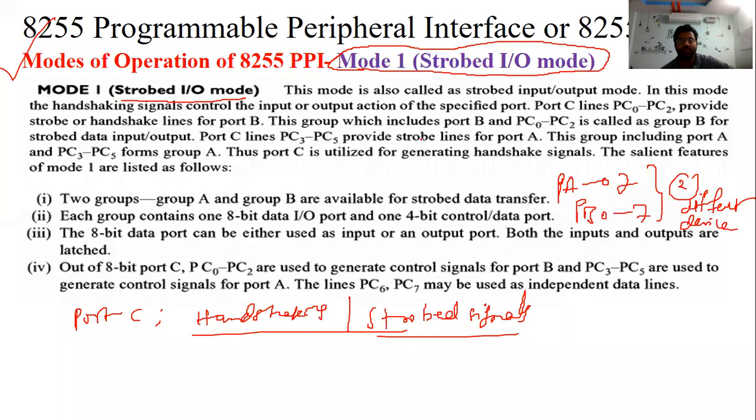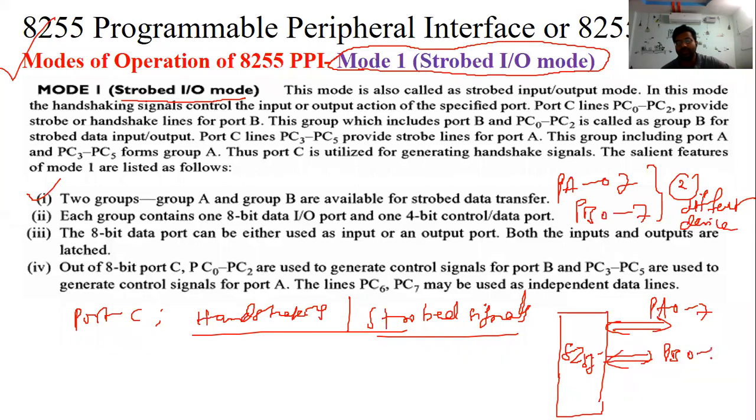In this mode, only 2 ports are available. This is the 8255 PPI. In this, 3 different ports are available: port A 0 to 7, port B 0 to 7, port C 0 to 7.